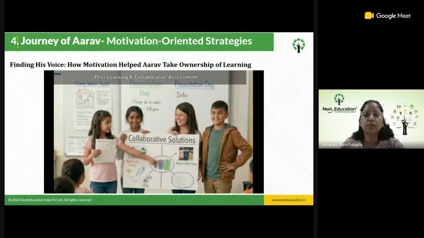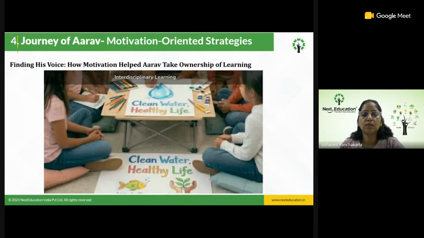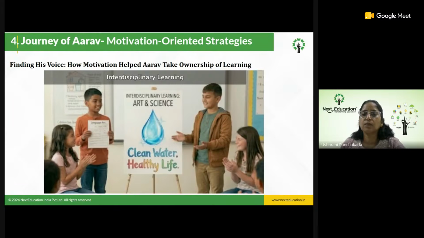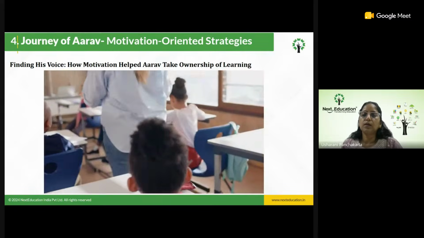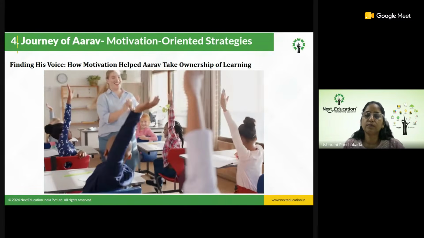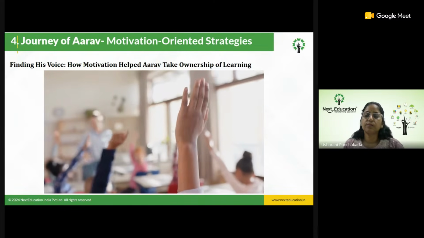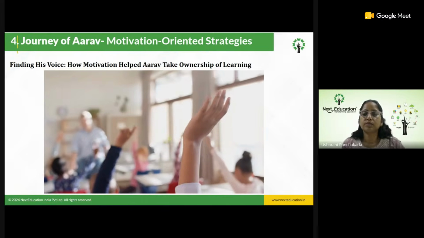His teammates appreciated the idea and included it in their project. Through peer learning and collaborative assessment, Arav began feeling more confident and motivated to contribute regularly. The teacher also connected science with art and language activities by asking students to create posters and slogans about saving water. Arav designed a poster that read, "Clean water, healthy life." This interdisciplinary learning approach allowed him to use his creativity while learning concepts across subjects. Gradually, Arav stopped hesitating and started taking initiative in classroom activities because he felt capable, appreciated, and motivated.